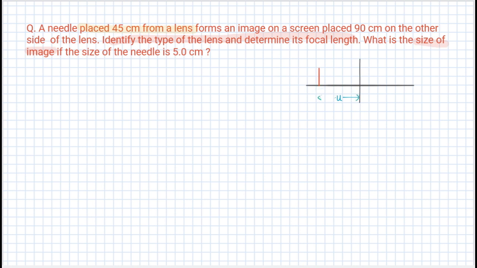This object distance will be negative. Why? Because it is placed in front of the lens. That means the object distance is measured in the opposite direction to the direction of the incident light. This is the direction of the incident light. Fine. Now, since your object distance is measured in the opposite direction,